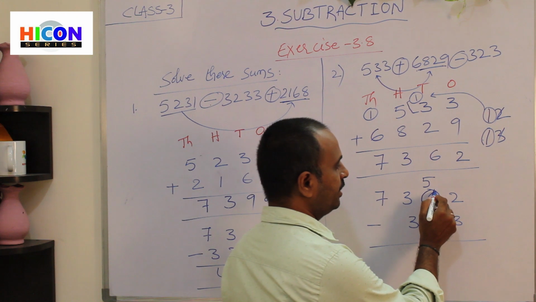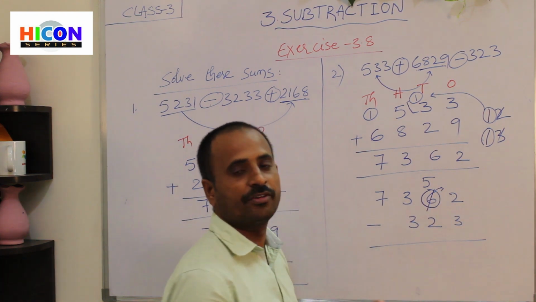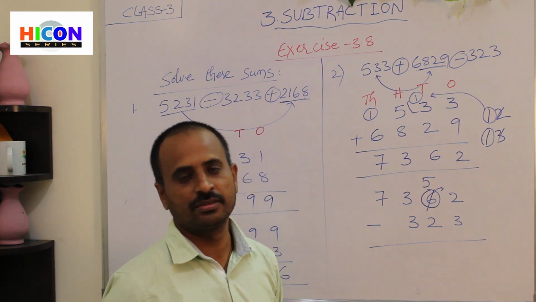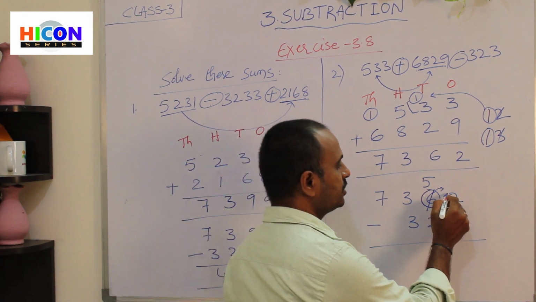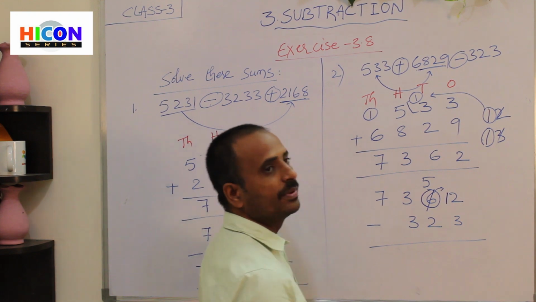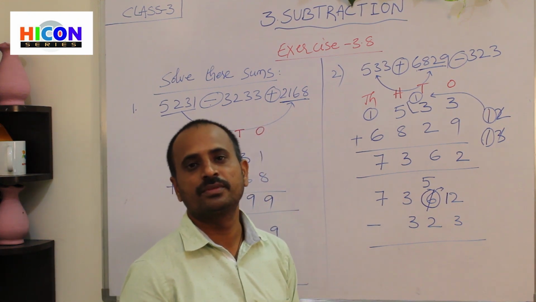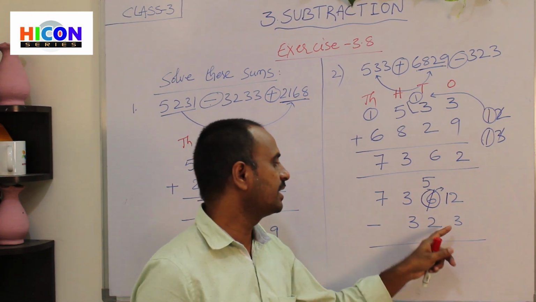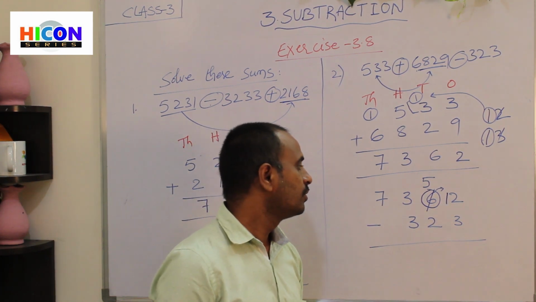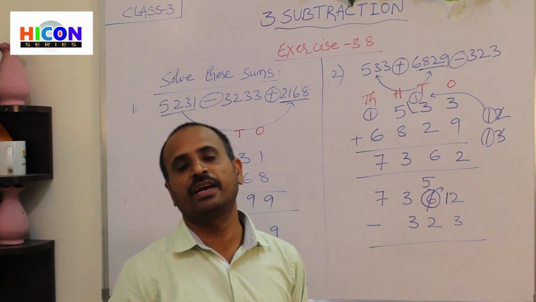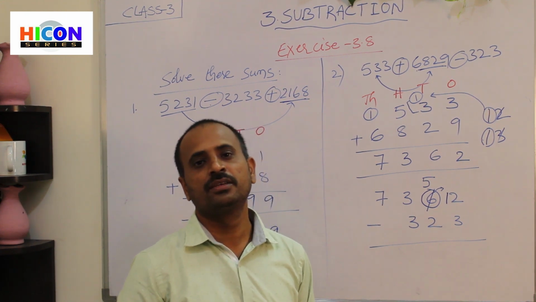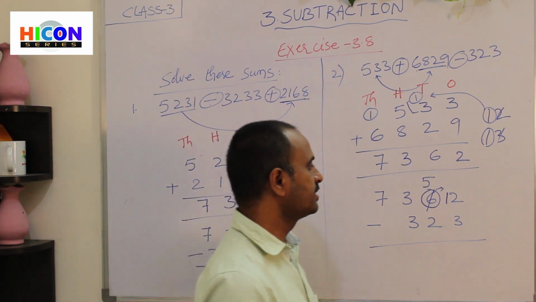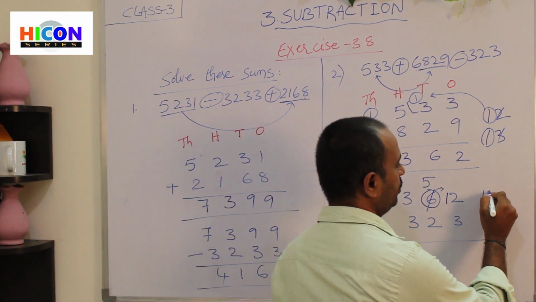And carry 1 ten to the ones place. If you carry 1 ten to the ones place, it becomes 10 ones. There are already 2 ones. So how many does it become? It becomes 12 ones. Now do the subtraction. The first number is 12 and the second number is 3. Open 12 fingers of your hand, but we have only 10 fingers, so we cannot do this on our fingers. So just draw 12 lines in your rough work.